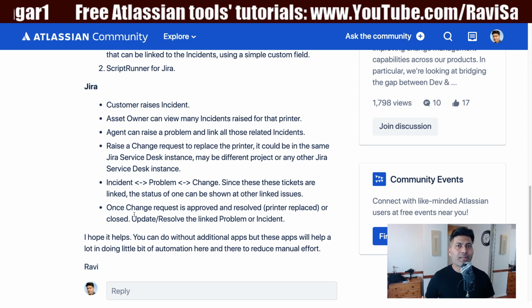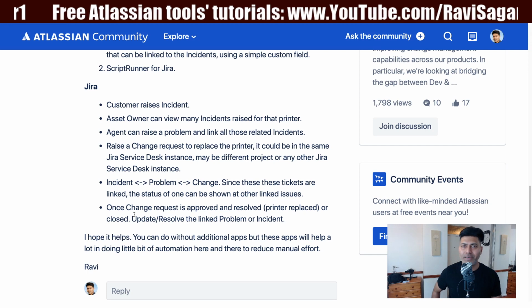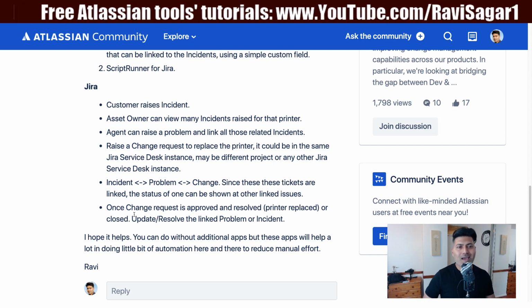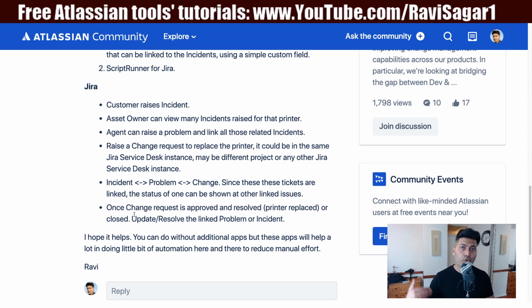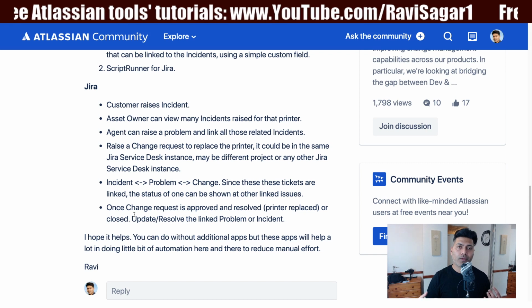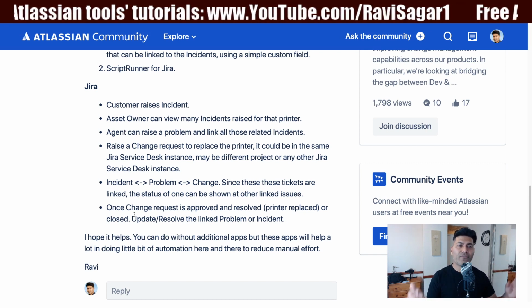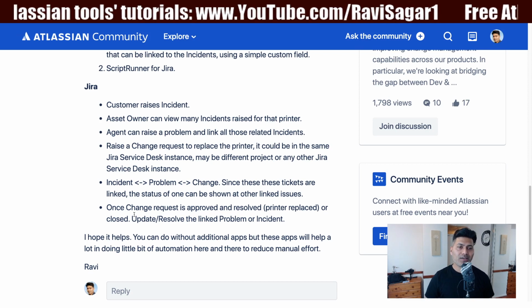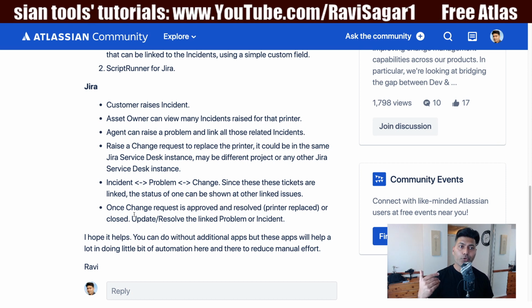But the change management request can also go through different approvals. Usually, it is called CAB approvals. And when you're working on the change management request, let us say you resolve your change management request. Now, since you have these three tickets linked to each other, or of course, you can have maybe three incidents linked to a problem, and one problem is also linked to change. So when you resolve your change, you can automatically resolve your problem, provided you do some automation with the help